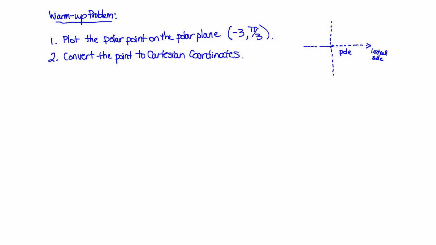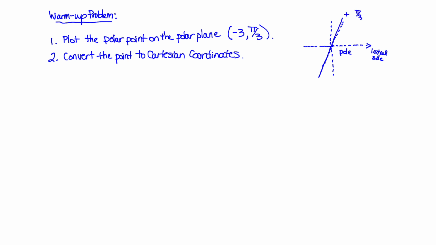And so, can anybody help me out? How did you plot the point negative 3, pi over 3? Who wants to help? What did you do in words? Yeah, Anna, go ahead. Find the angle of pi over 3, which is in the first quadrant, which is at 60 degrees, right? And since it's negative,